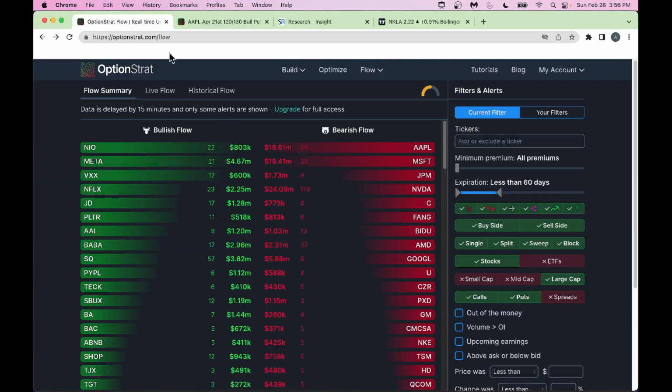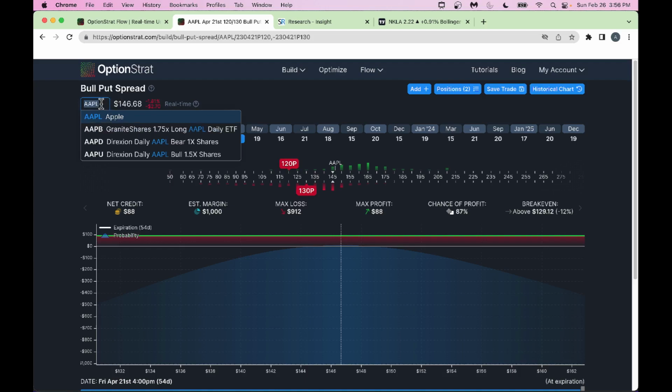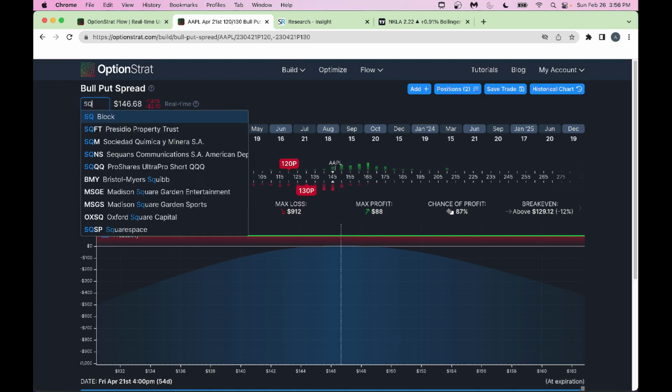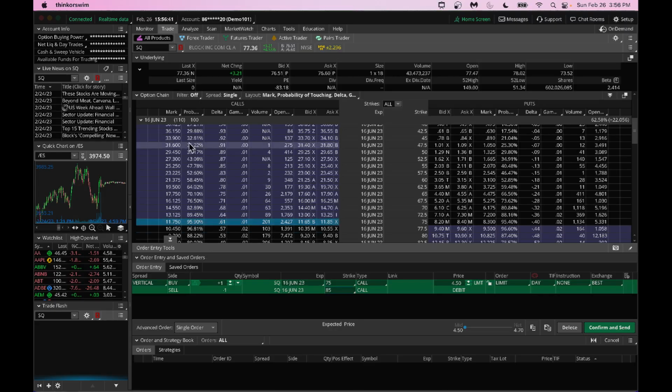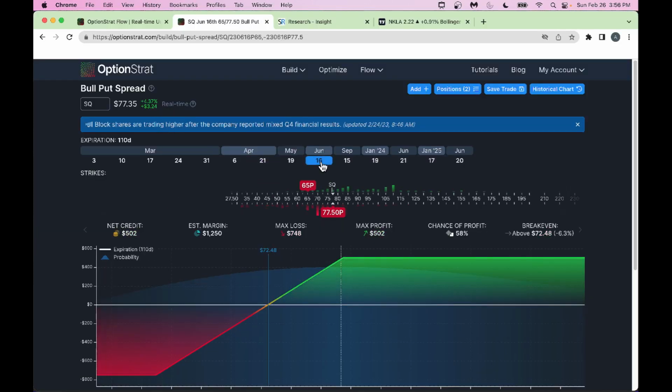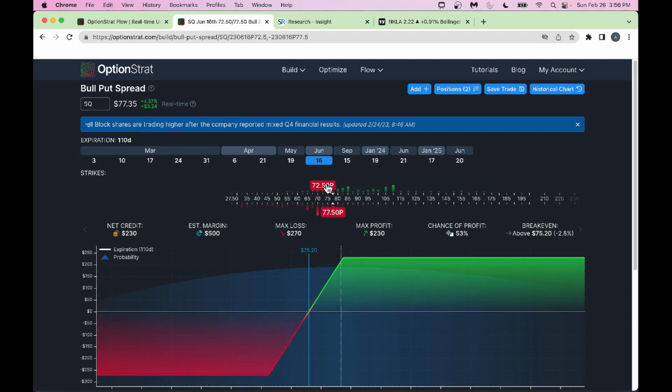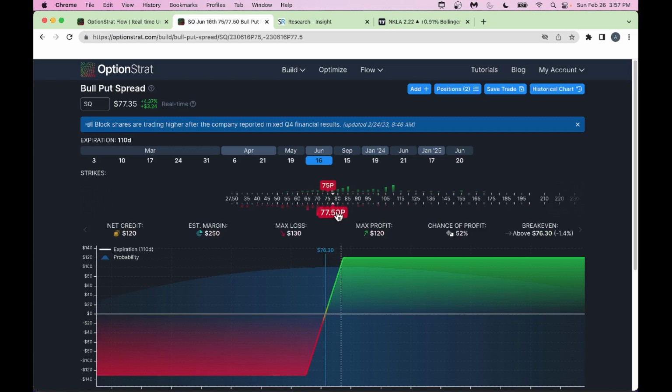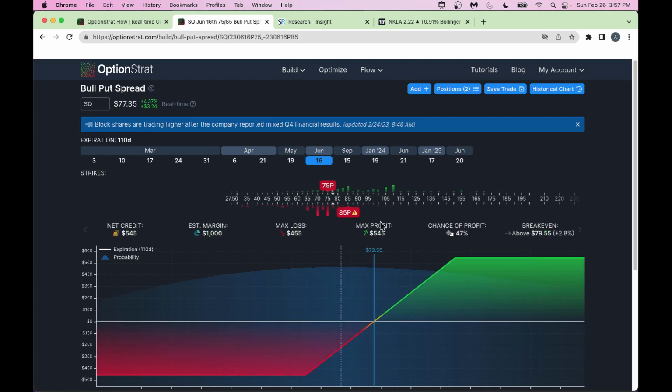And if you go back to the options platform here, type SQ, and we are looking at 16th June here. Let's go to 16th June. Right here, it's 110 days out, and you're doing 75/85 here. Go here, 75 and 85, a $10 wide spread here. You don't need to spend too much money. Your net,